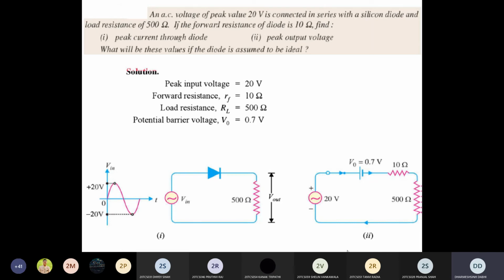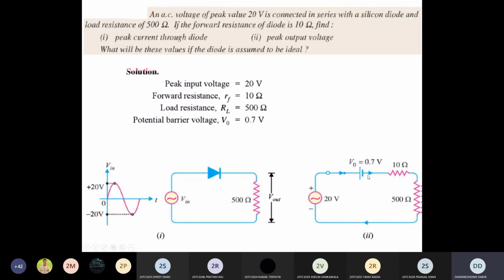See, it is a simple closed circuit, apply KVL, simple. If you apply KVL for this closed circuit, what is the equation? This is your supply voltage, 20 volt, peak voltage. Because when peak current is flowing into this circuit, the peak voltage of this circuit is what? 20 volt. Clear? So here we need to find the peak current through the diode, and that is possible only when we provide the peak supply voltage. Clear? Peak voltage is 20 volt.